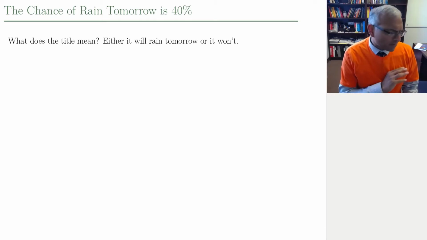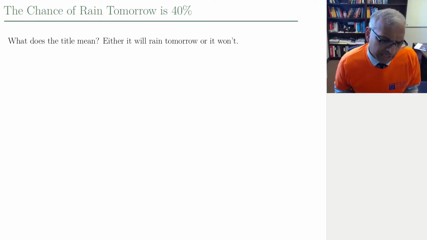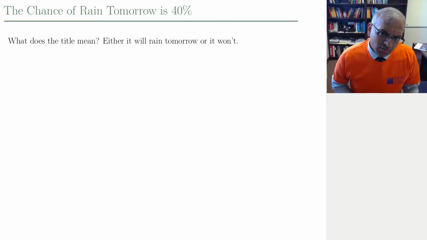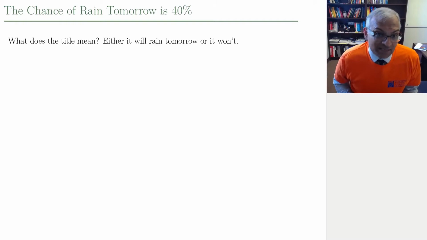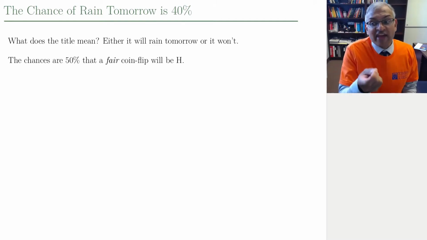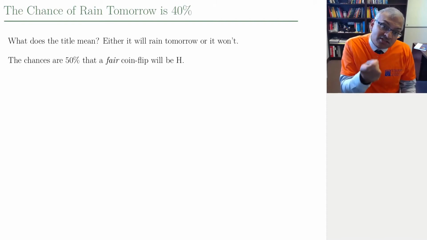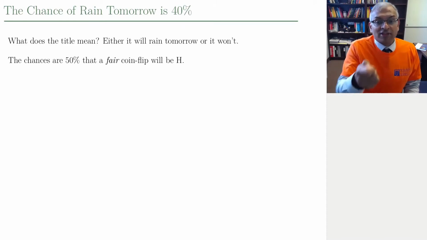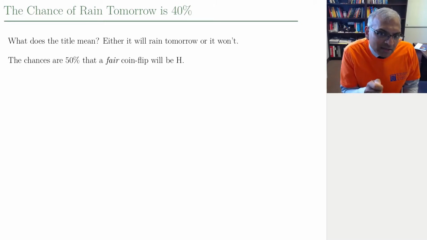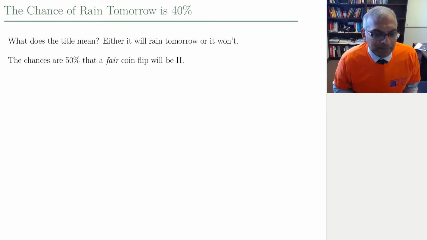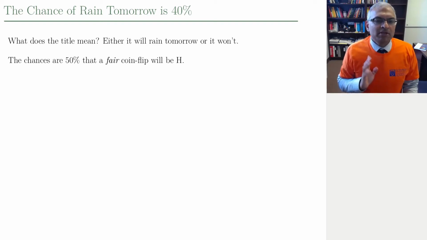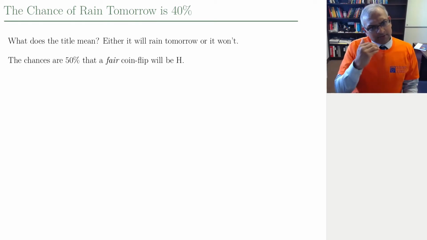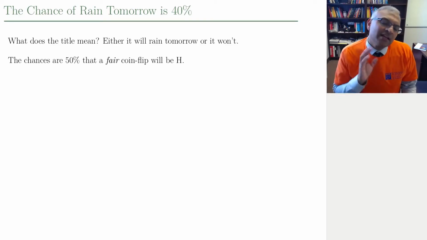And that's the view we're going to take, the sort of operational, the practical, the objective view. Now, of course, it's not easy for us to repeat tomorrow 100 times. So we have to take that view with a grain of salt, or we have to consider experiments that are repeatable, where this argument sort of makes sense. Okay? And so let's consider coins. So someone gives you a fair coin. What does that mean? We could say that the chances are 50% that the fair coin will flip heads. And now we can repeat the following experiment. Flip the coin 100 times. And what this sentence says is that on roughly speaking 50 of those flips, you're going to get a heads. Okay? So this is the frequentist view, and that's the view that we're going to be taking.